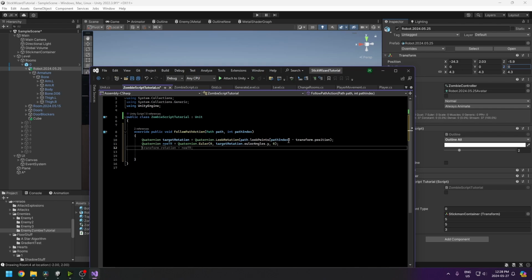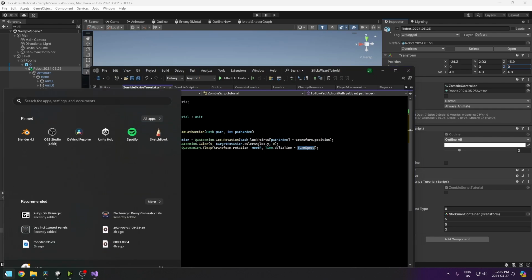And then we want to set the rotation of our enemy, which is, when you type in transform, the game object that this script is attached to. That's the transform that it will be editing automatically. And then we want to slerp towards that, so Quaternion.Slerp. This will slowly rotate the zombie towards that location, but only a maximum of the turn speed per frame. So instead of the zombie immediately snapping to the direction of the point,